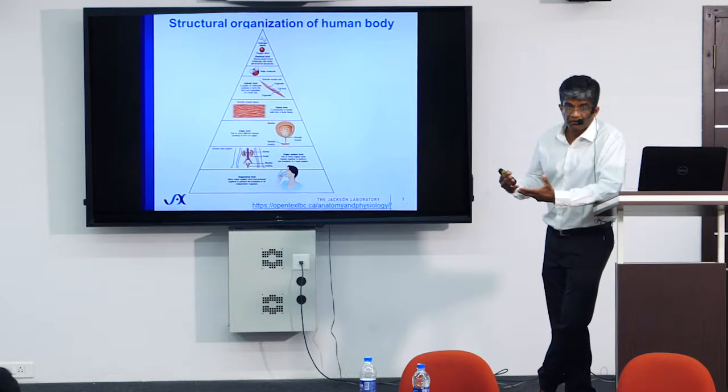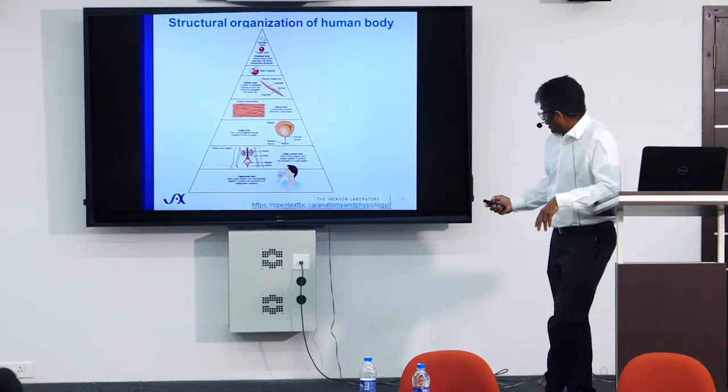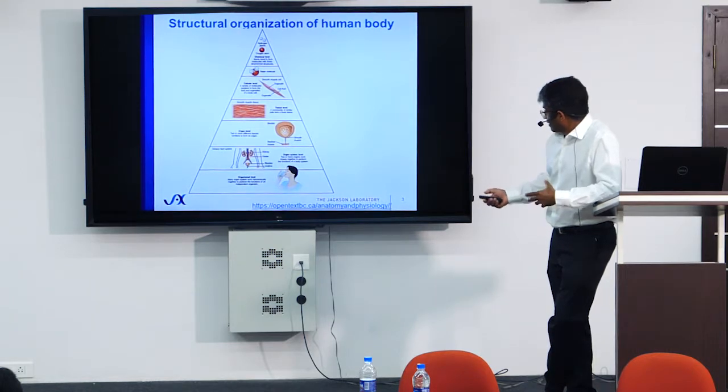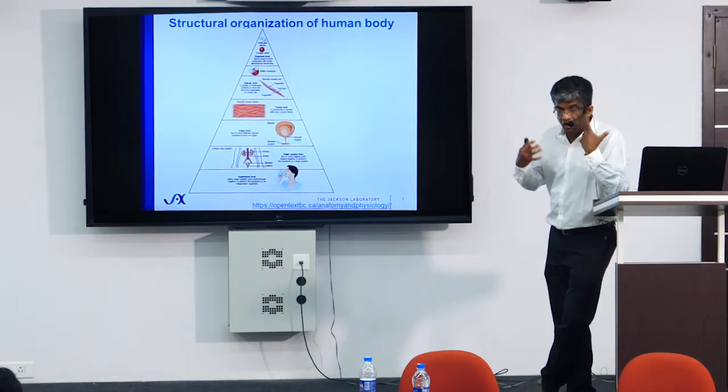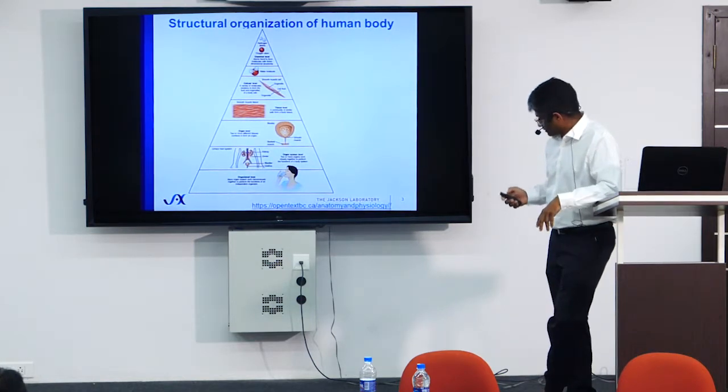Now, how do we understand a biological system like the human body? From the organismal level, it's a very complicated system, but you can take things apart. For example, here,